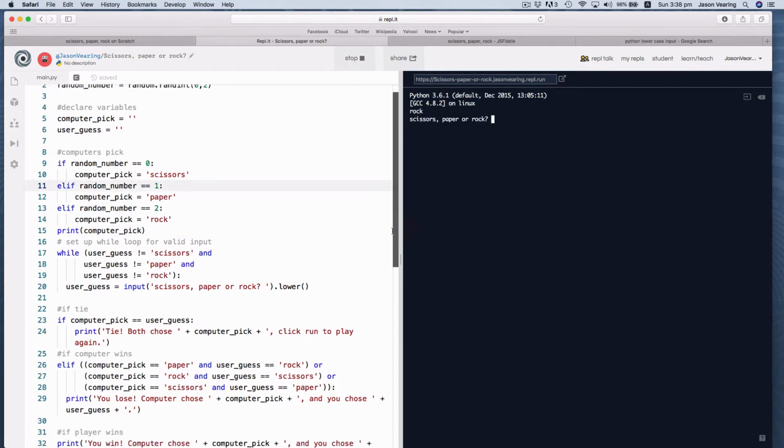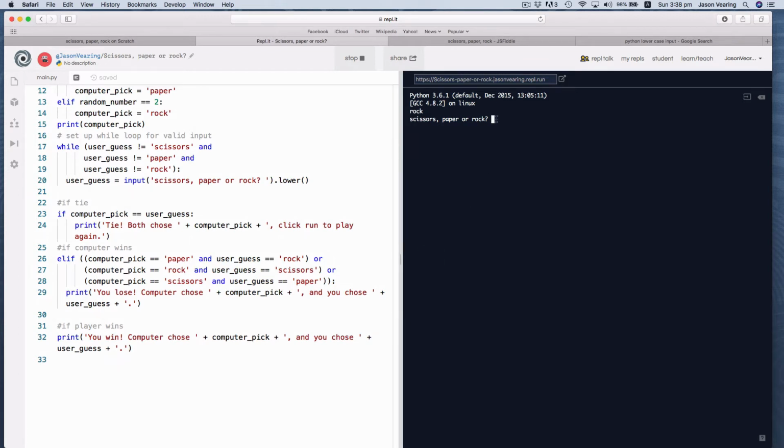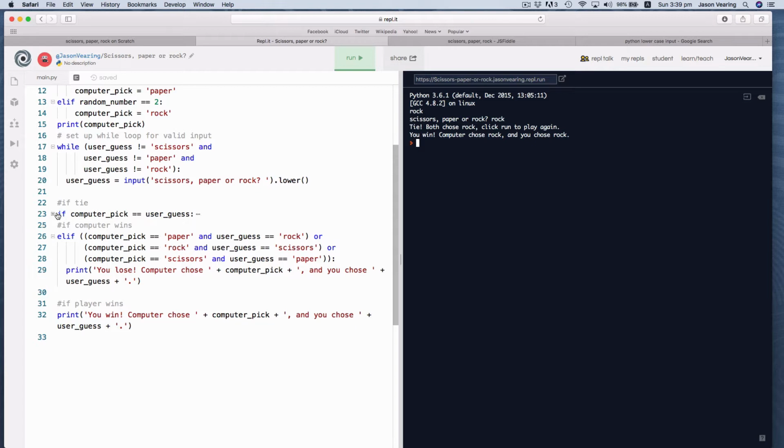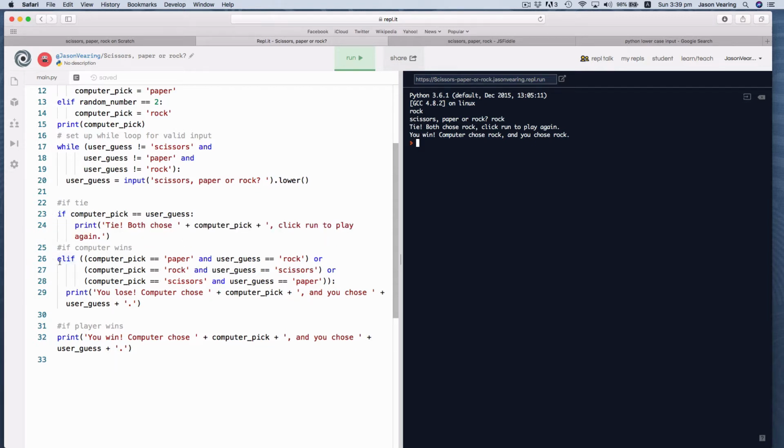Okay, so it's rock. So if I first test the tie scenario, so if I put in rock, so it's saying this last line no matter what happens. So what I've done is I've gone if, I've gone else if, but then I've just put this block of code at the end. So what I need is the else so that it's still part of this block of